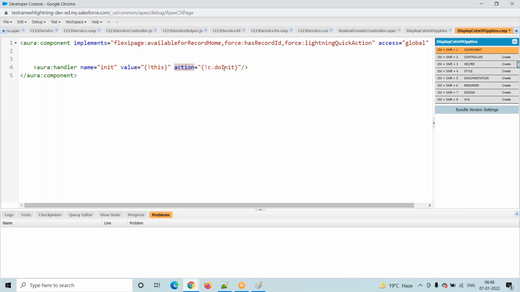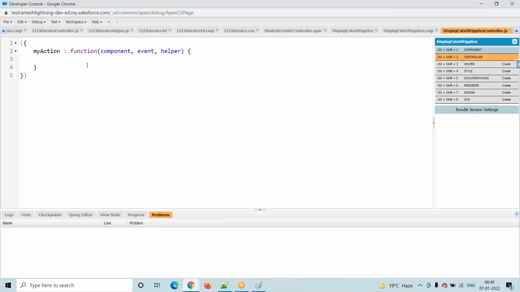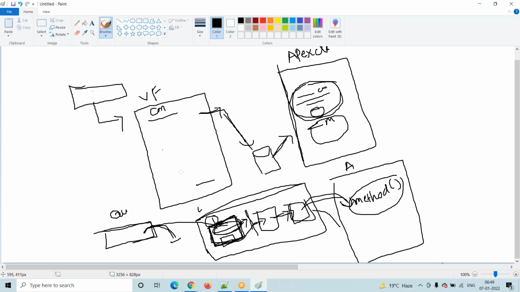And here the action is nothing but a method. What I will do is initial load, any name, initial load. So the system will search for this particular method. In the controller, where is the controller? The client-side controller. Go to here. This is initial load. Whenever we click on this particular button, whenever we click on the quick action,